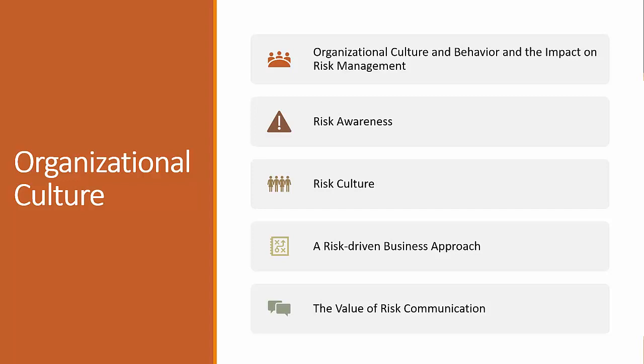For example, we have four types of culture. One is vulnerable, which is called a don't care culture. Then we have reactive, which is called blame culture. One is compliant, which is called compliance culture, and one is proactive, which is called ownership culture. So we need a shift from the don't care culture to the ownership culture. So a good risk management program, or good organization culture, or good risk culture, is the one which has a shift from don't care culture.